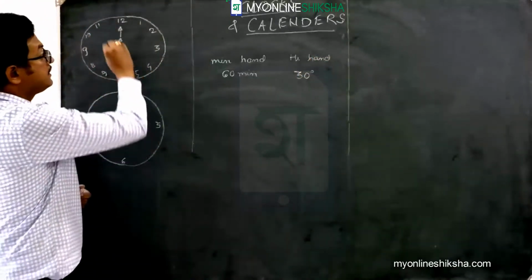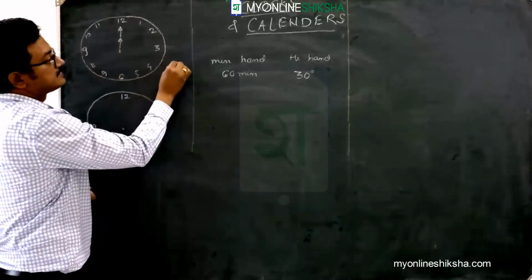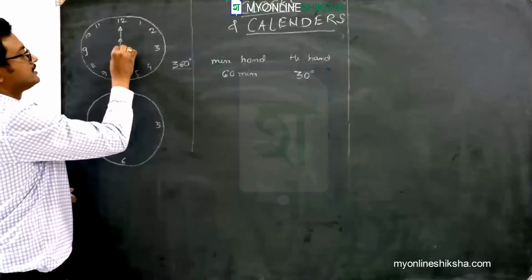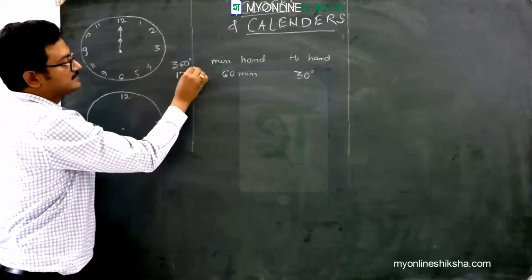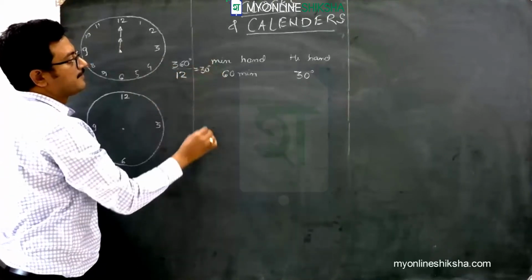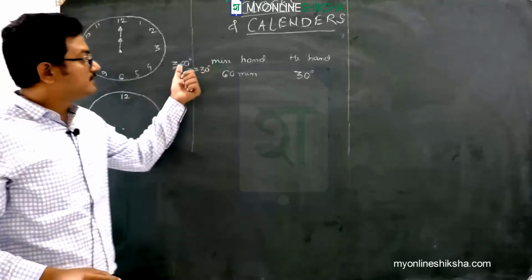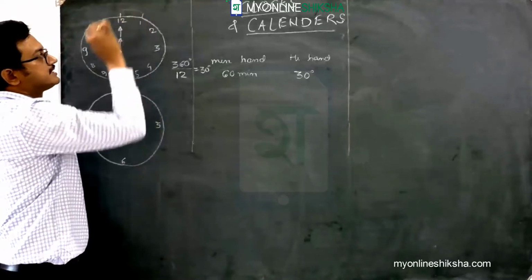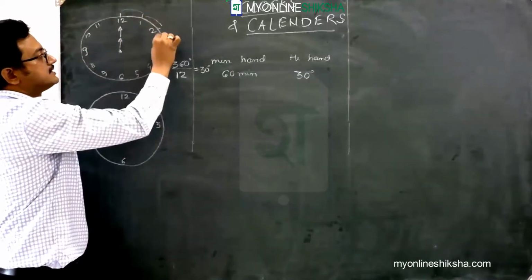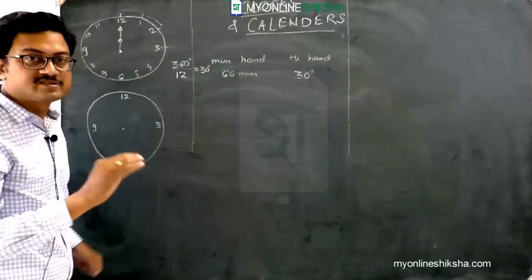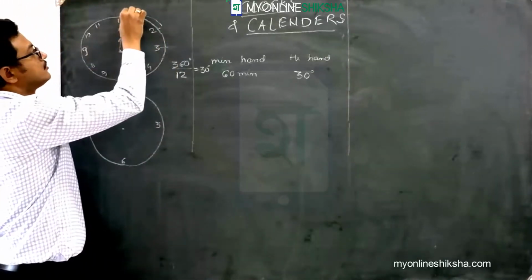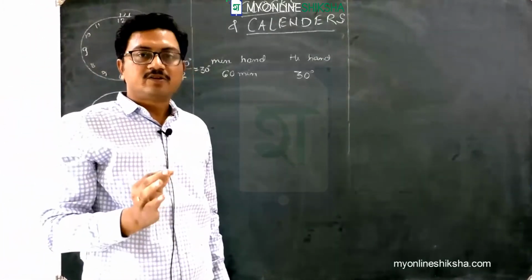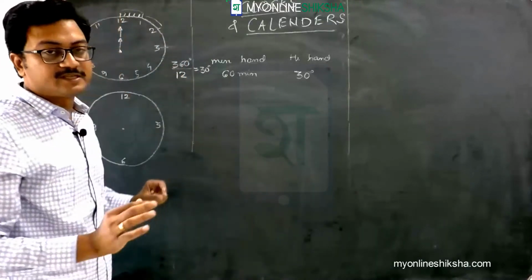Why? Now again you can consider that this entire angle is 360 degrees because this is a circle, having a central angle of 360 degrees. Now these 360 degrees have 12 markings, so each marking is of 30 degrees. So this much angle is 30 degrees, this much angle is 30 degrees, and again in this 30 degrees there are 5 markings, 1, 2, 3, 4 and 5. So 1 minute is of 6 degrees. Basically 1 minute mark is of 6 degrees.